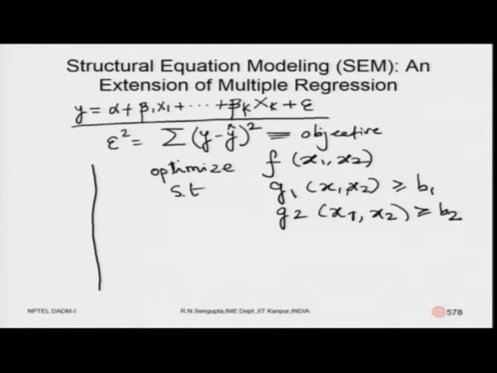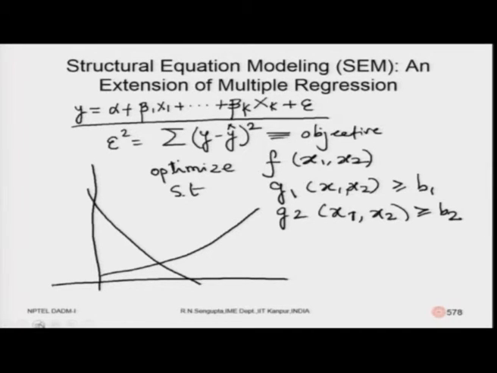Point number 2, let us also consider x1 and x2 are only positive, that need not be the case, but let us consider them to be positive. So, this function g1 of x1, x2 and g2 of x1, x2 are non-linear. So, they are greater than b1 and b2, and that can be handled. So, let me draw them to be non-linear. I am just arbitrarily drawing a diagram, so it will make you understand. So, now consider this optimization model. Let me segregate it, so my drawing is easier.